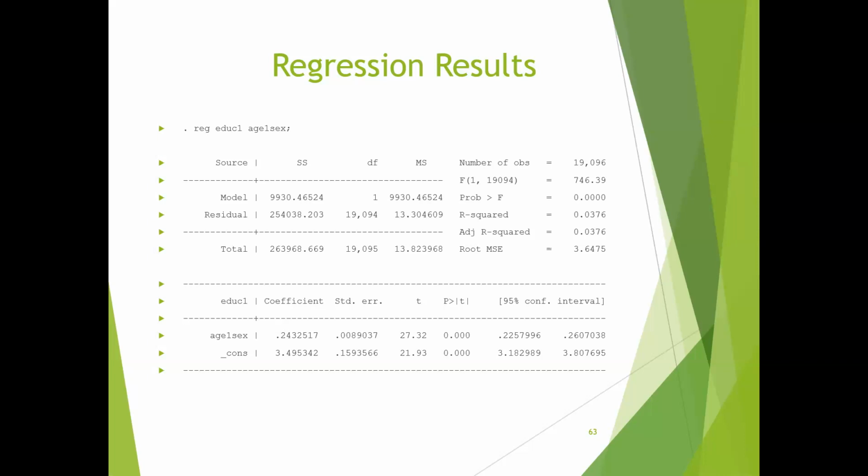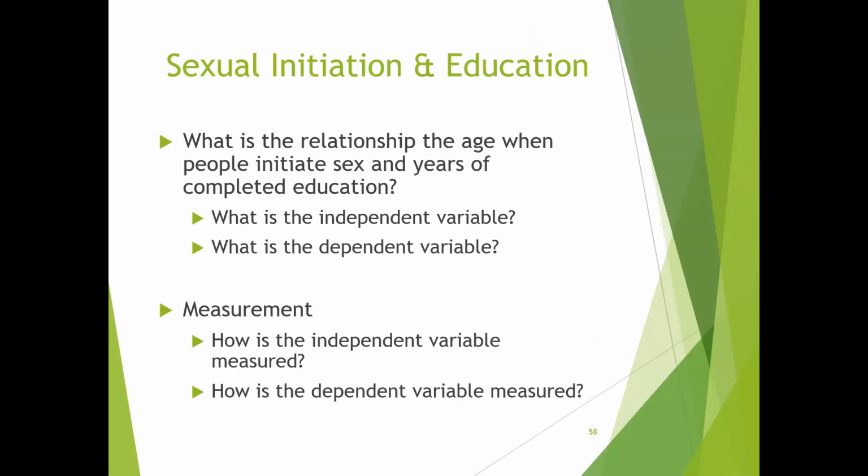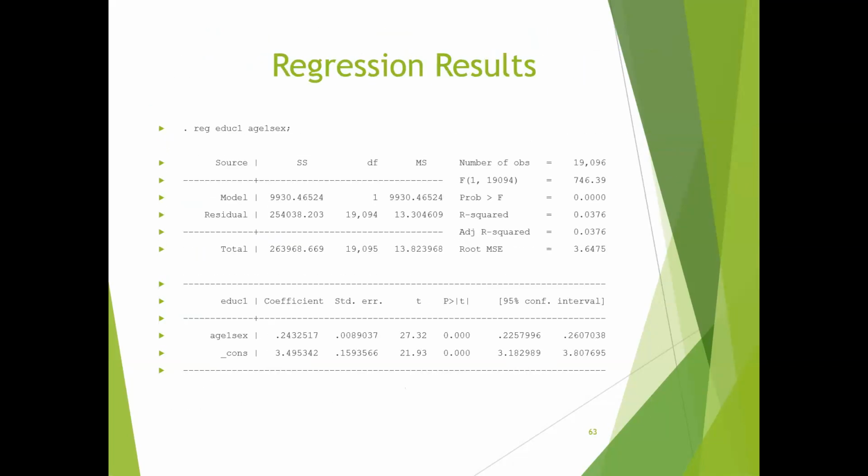Do you want me to help, or do you want to figure it out on your own? That's the first number on the y-axis. Don't think of it as the y and x axis. Use the second definition I gave you. And that second definition is, just to be clear, at the age of, something like that. All right, let me help you out. Let me start you off. 3.49 is the number of years of completed education when